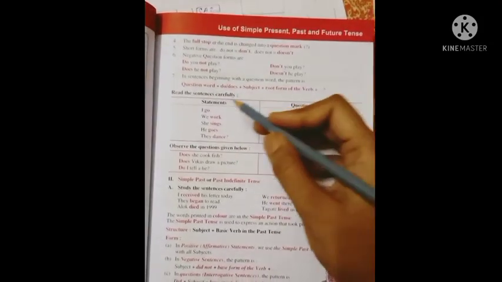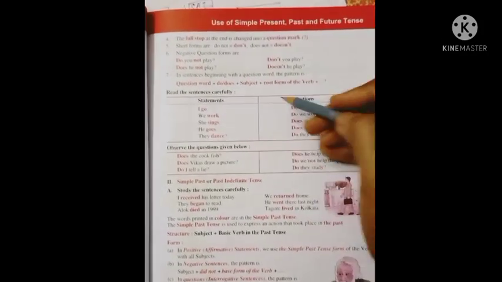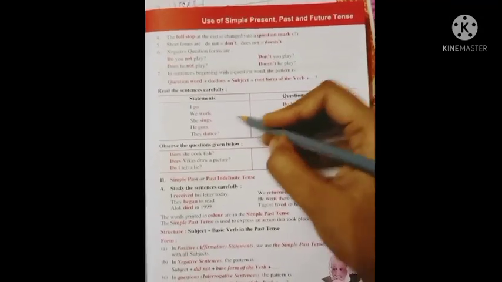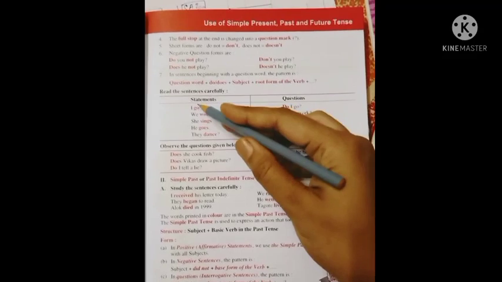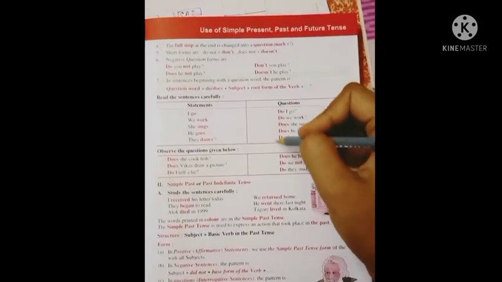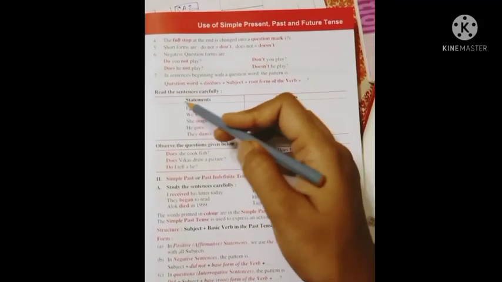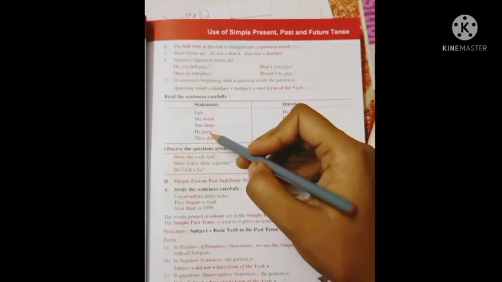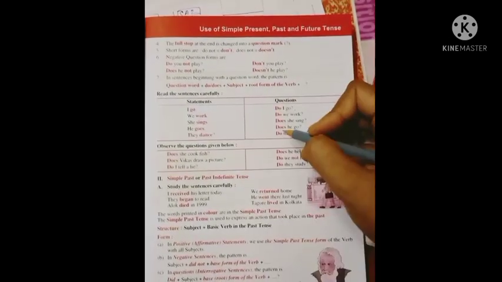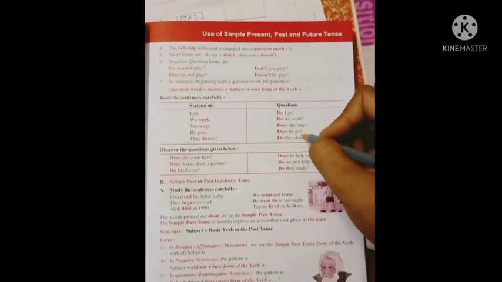Question. How do we make a question? We only have to write the helping verb before the subject. Here go is the main verb, so we have to write do before the subject to make it a question: Do I go? When you see es added to the verb, we use does before the subject: Does he go? Then omit the es from the main verb.